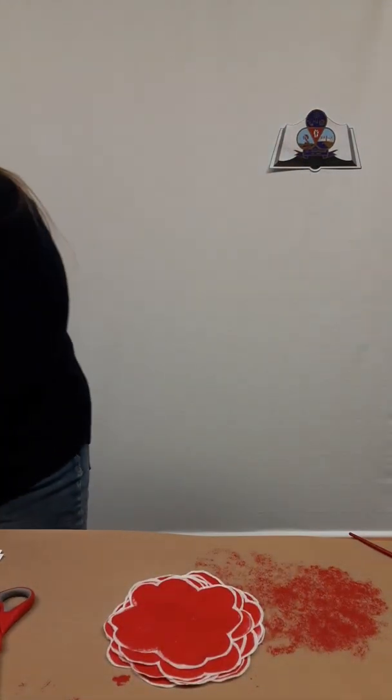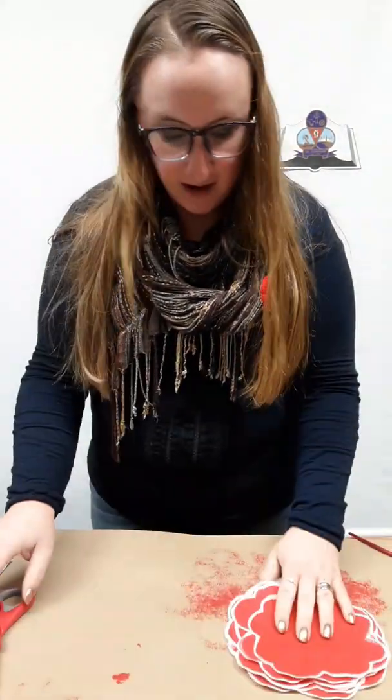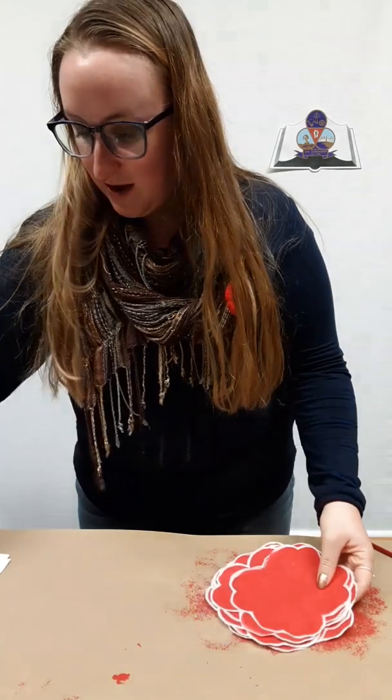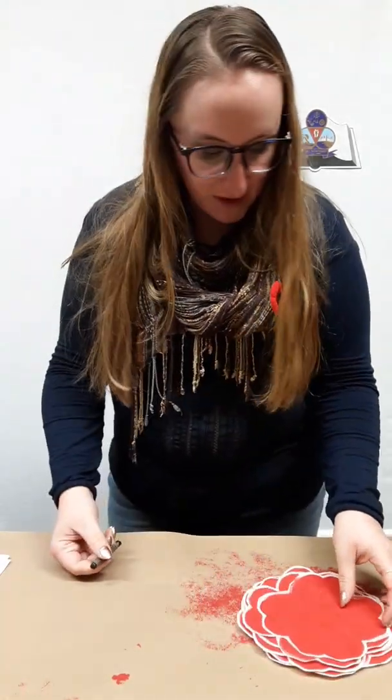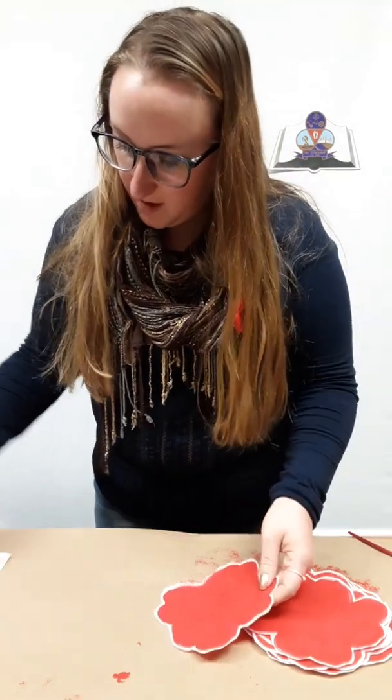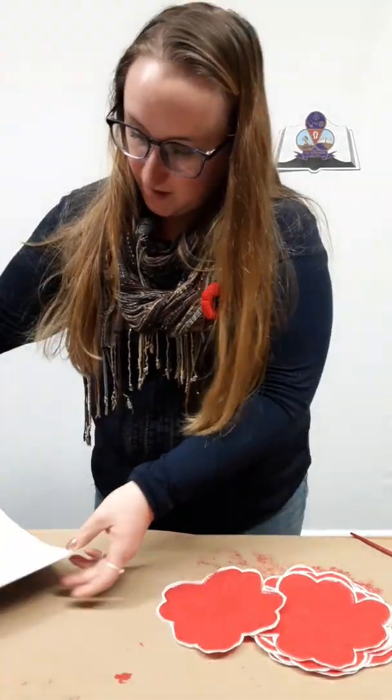We're gonna take the books off and set them to the side. And here are our flattened poppies. Perfect, all right. Now the next part is to use a black crayon and add details to the poppy. So, in our example,